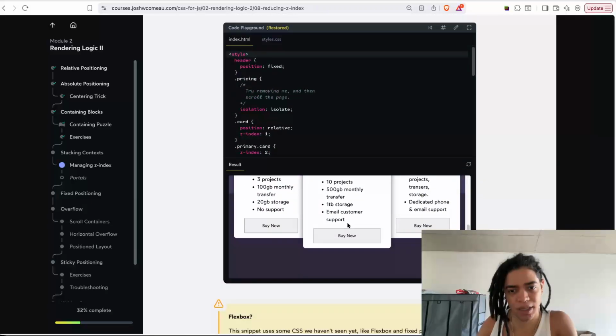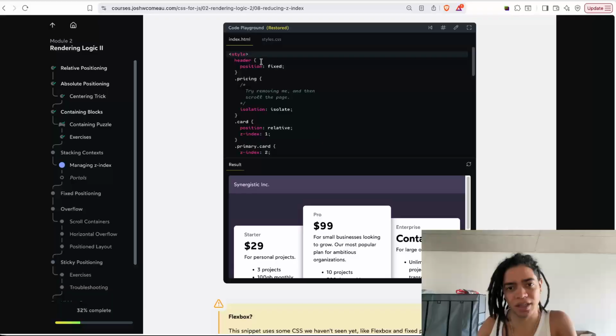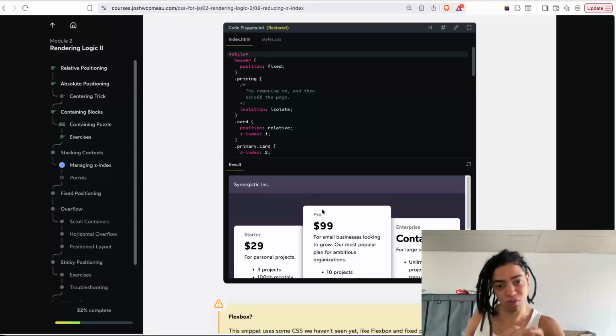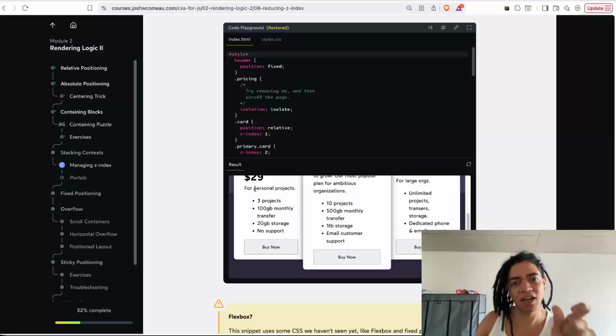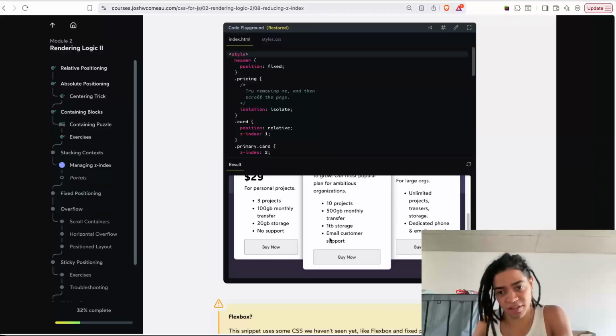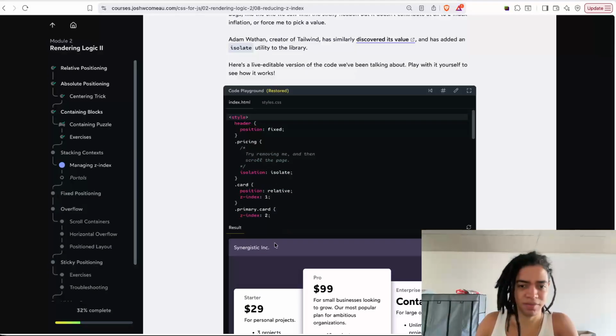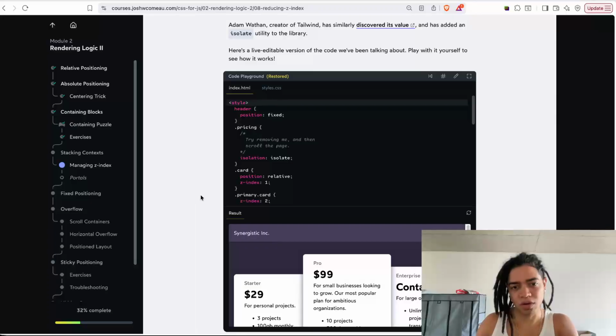Exactly. What it did here is to say, hey, I am rendering the header below this pricing section, and that's why it was expected. However, if you swap the DOM order, it makes your app harder to navigate